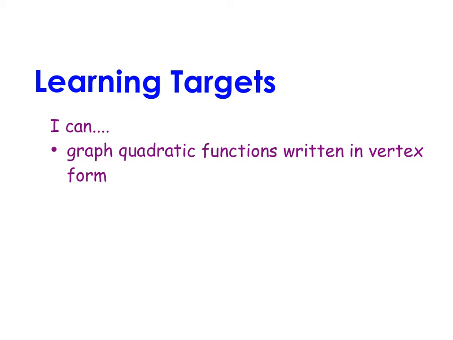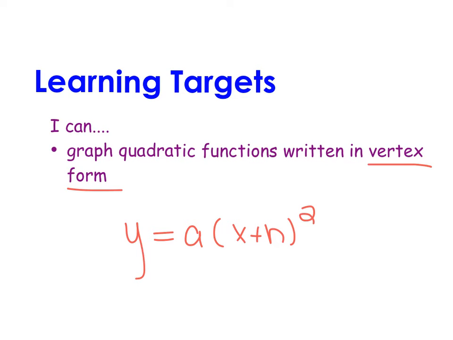In this video, we're going to graph quadratic functions that are written in what is called vertex form. And remember, vertex form is where we have y is equal to our a value times, in parentheses, x plus h quantity squared, and then plus k out on the outside. And in this particular form, it is called vertex form because we can actually identify the vertex of our quadratic